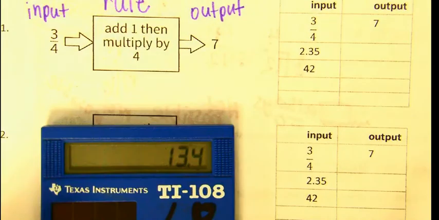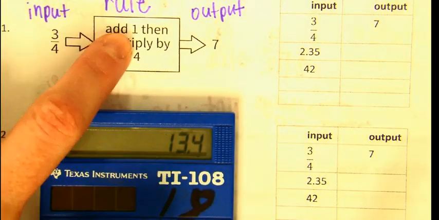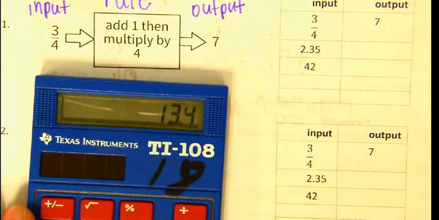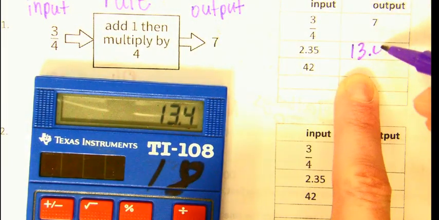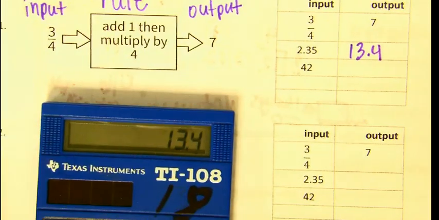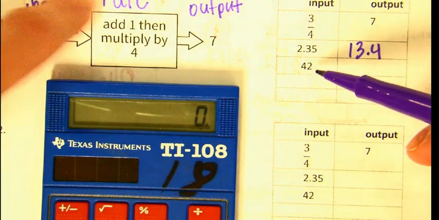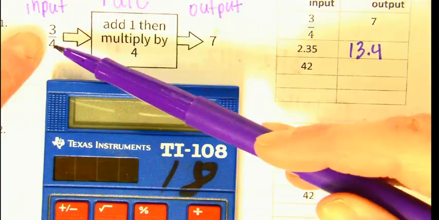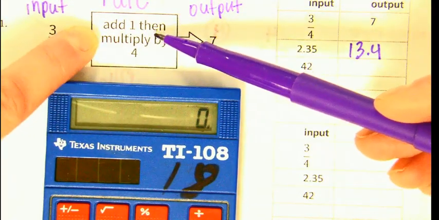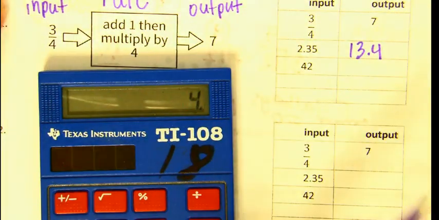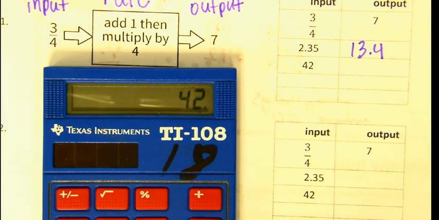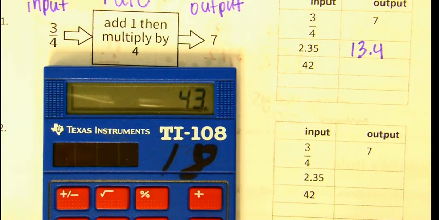So I took my number, added 1 to it, and then multiplied by 4. And we get 13.4. And the next number is 42. So our input is 42. We're going to put it in the little machine. Input of 42, and then add 1, multiply by 4. And we should get